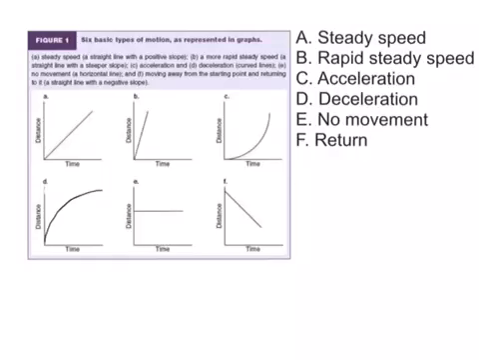This video is going to look at the motion graph story that you had on your test and look at the different questions along with the answers and how to find them. The first thing we're going to look at are the 6 different types of motion graphs that we learned about